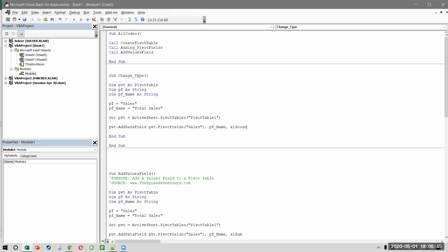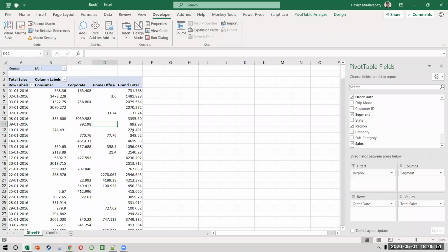Okay, and we should be able to change this to count, Excel count, and okay.